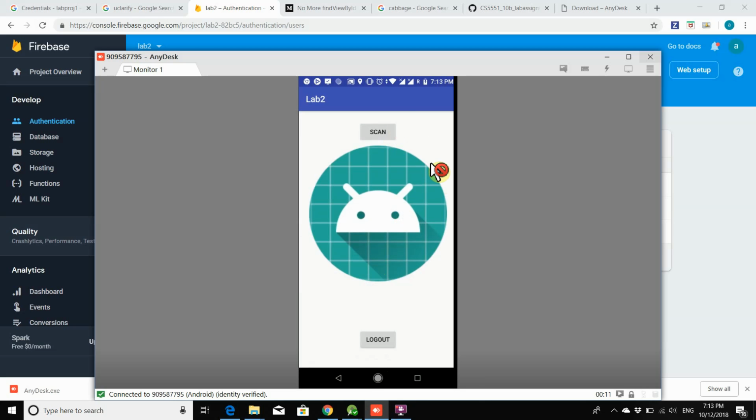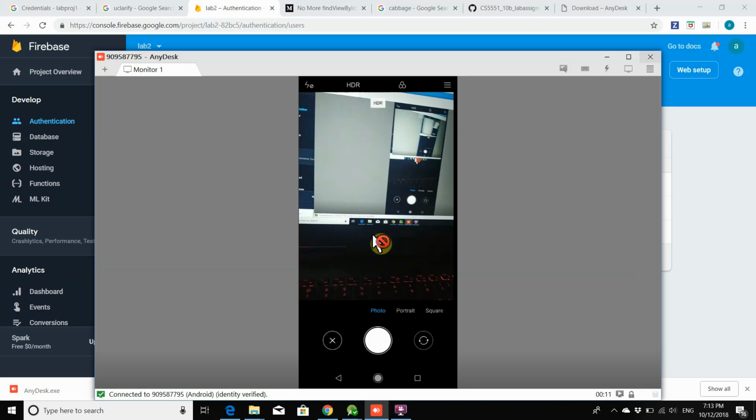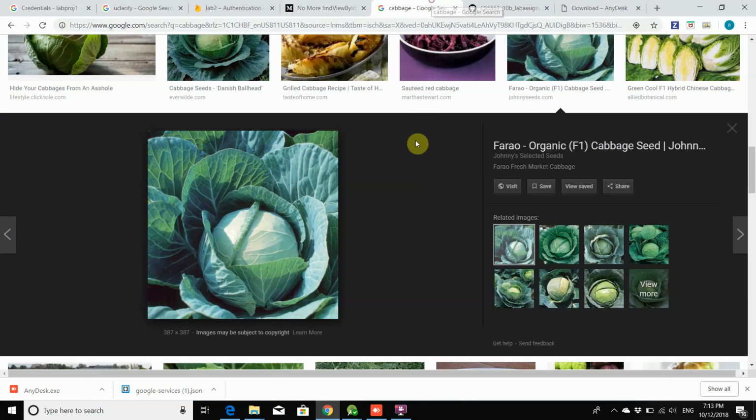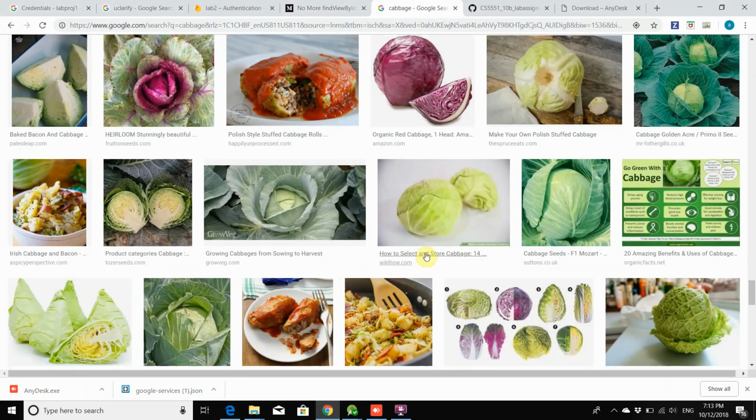I have two options here, one for scanning and one for logout. When I click on logout, it directs me back to the login page. But when I click on scan, the camera application gets opened. Camera application starts running, and when I try to scan